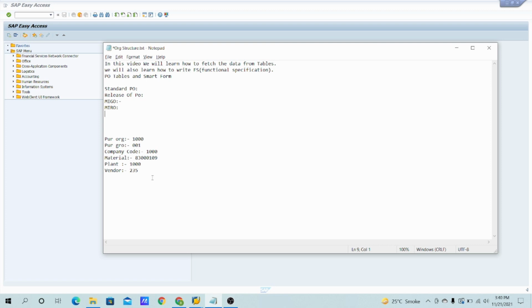For that I will use this material code, and the plant, the vendor, purchase group and the purchase organization that I have already created. And in my previous videos I have explained how to create the hierarchy, or how to create the organizational structure.